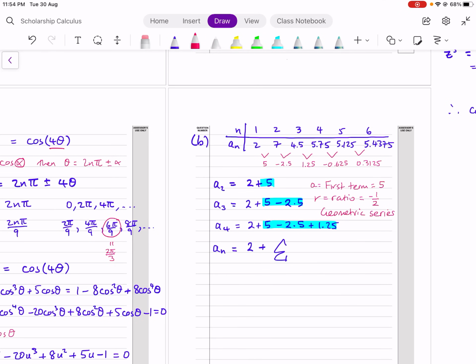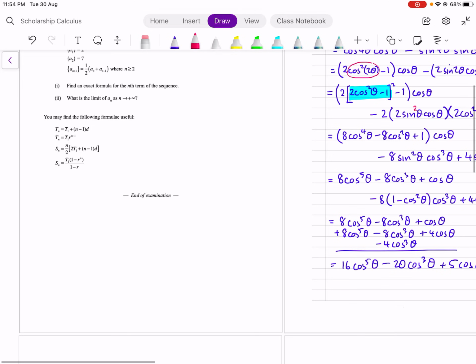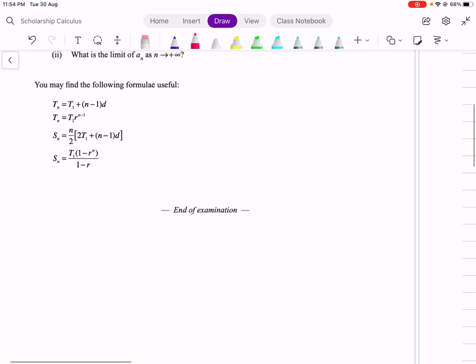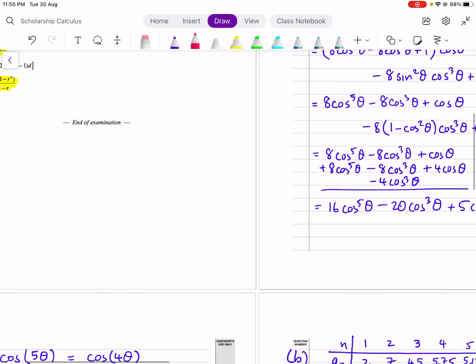The sum of a geometric series, actually I think the question gave it to us, didn't it? Now, they gave us 4 formulas and then just said they could be useful, so we have to realise that this here is a geometric sequence and this is a geometric series, and I'm not too sure about the notation because I use different letters. So what I'm going to do is try and work out what this notation means first and how it applies to my sequence. So Sn is T1,